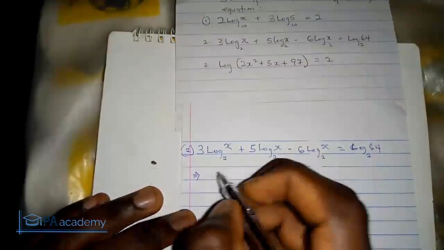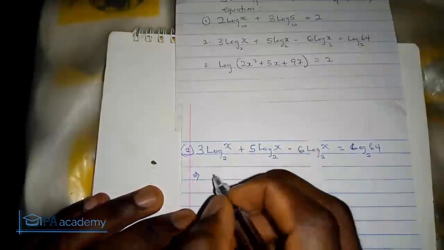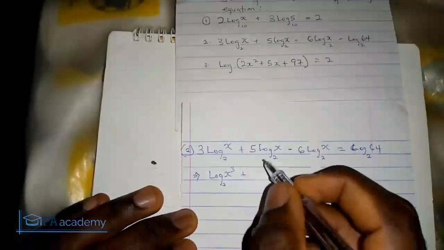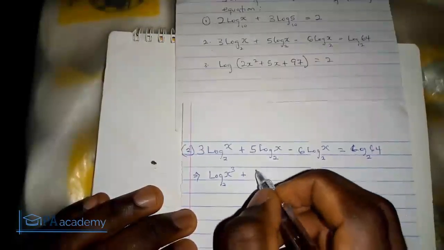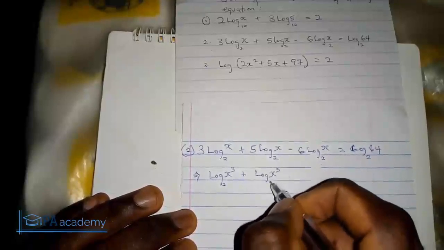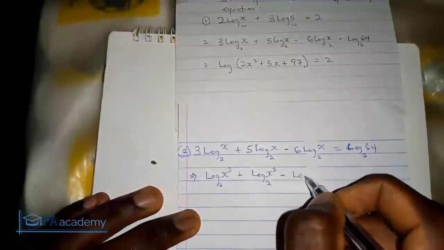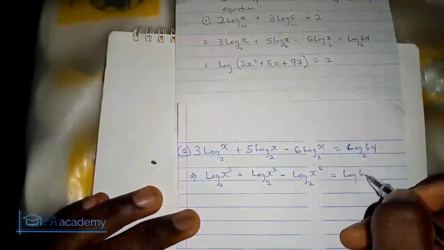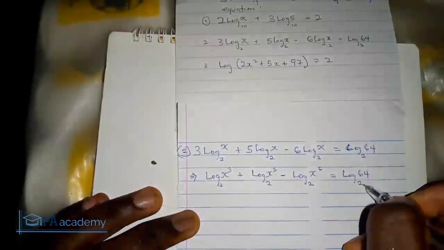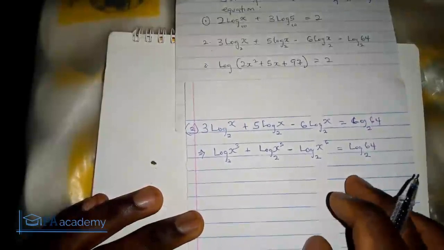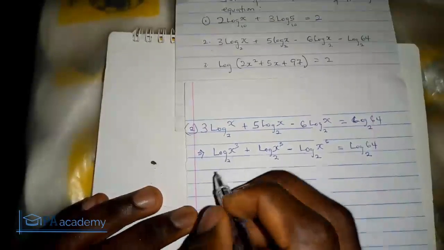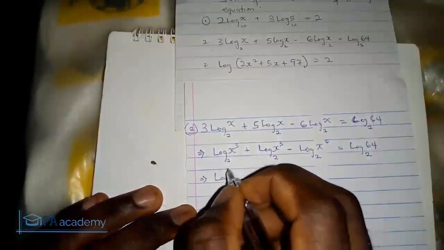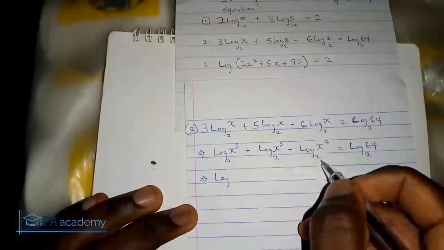So 3 log x base 2, we can write that as log x raised to power 3 to base 2, plus, if you bring the 5 as a power, we'll have log x raised to power 5 to base 2, minus log x raised to power 6 to base 2, is equal to log 64 to base 2. If you examine this question closely, you see that they are all in base 2. So applying the law of logarithm, since log to base 2 is common to everything,